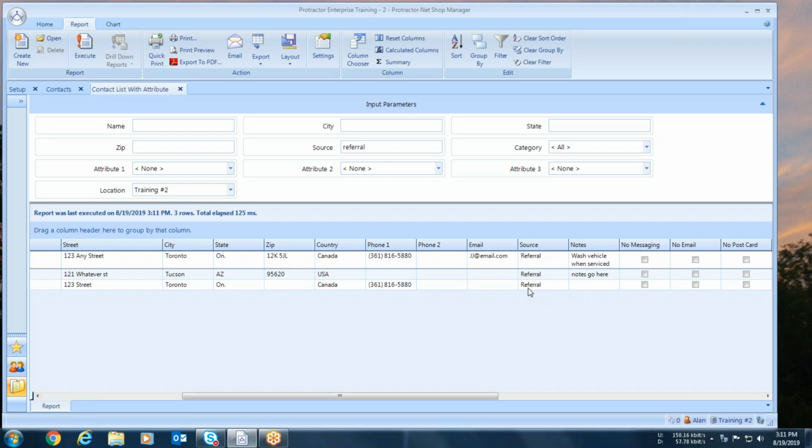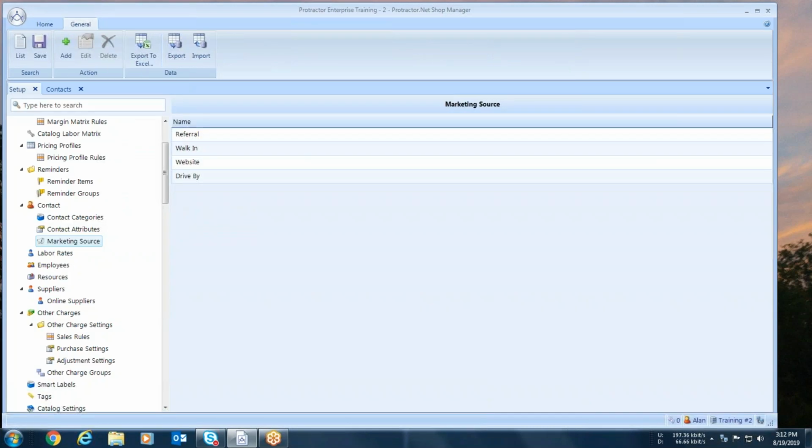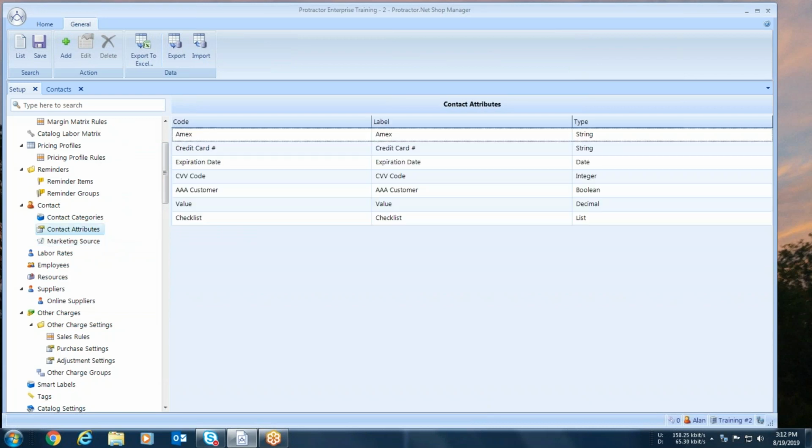Now, one of the questions I do get frequently about this is, what if I want to not only track the referral, I want to know who referred them and when they were referred. Since I can only select one marketing source, how would I do this? This is where attributes come into play. So let's go back and fix this. So I have a marketing source for referral. Now I want to have an attribute so I can put in a name. So we're going to add, and